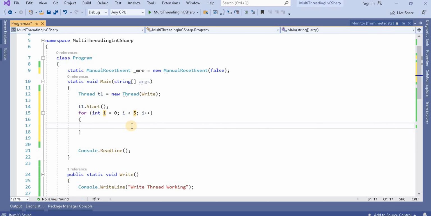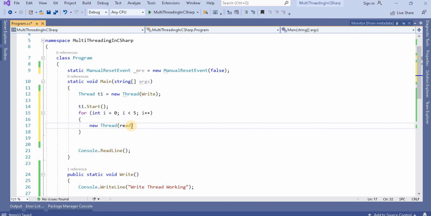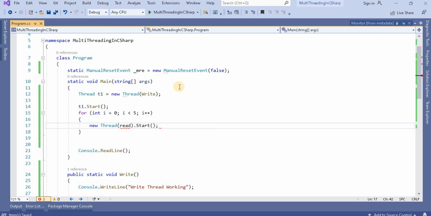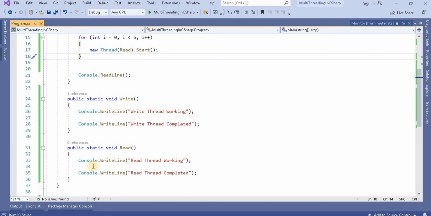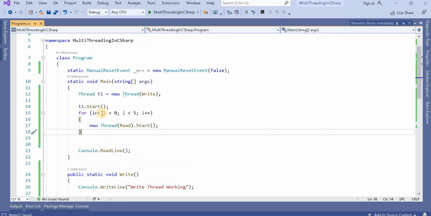Inside it I'm going to attach the read method to a new thread and start it. So far I created two normal methods and attached them to different threads, and this read method will run 5 times, reading the data.